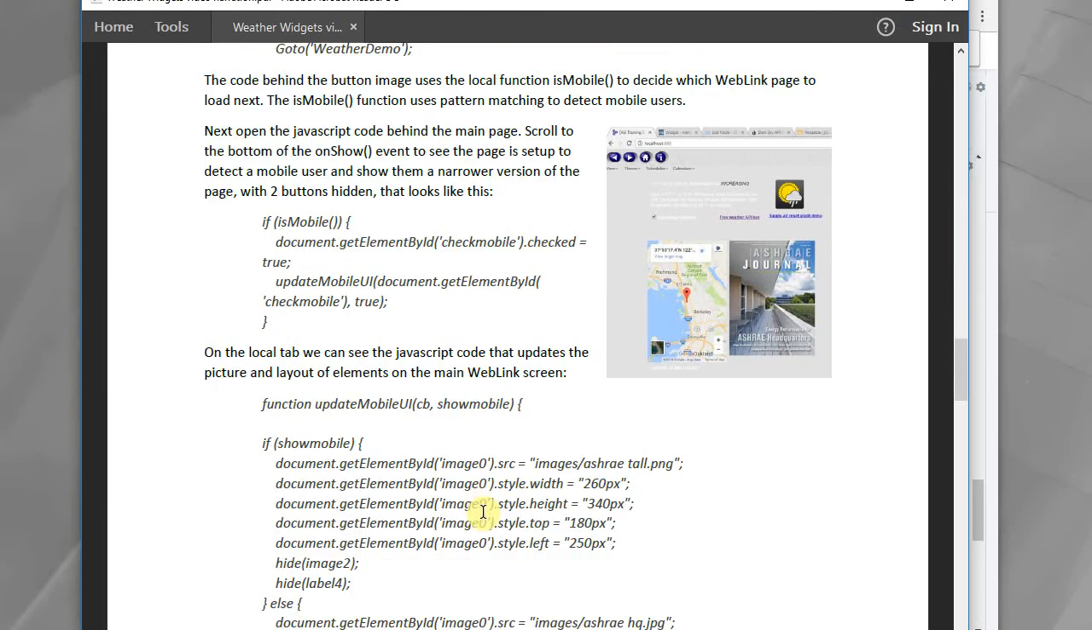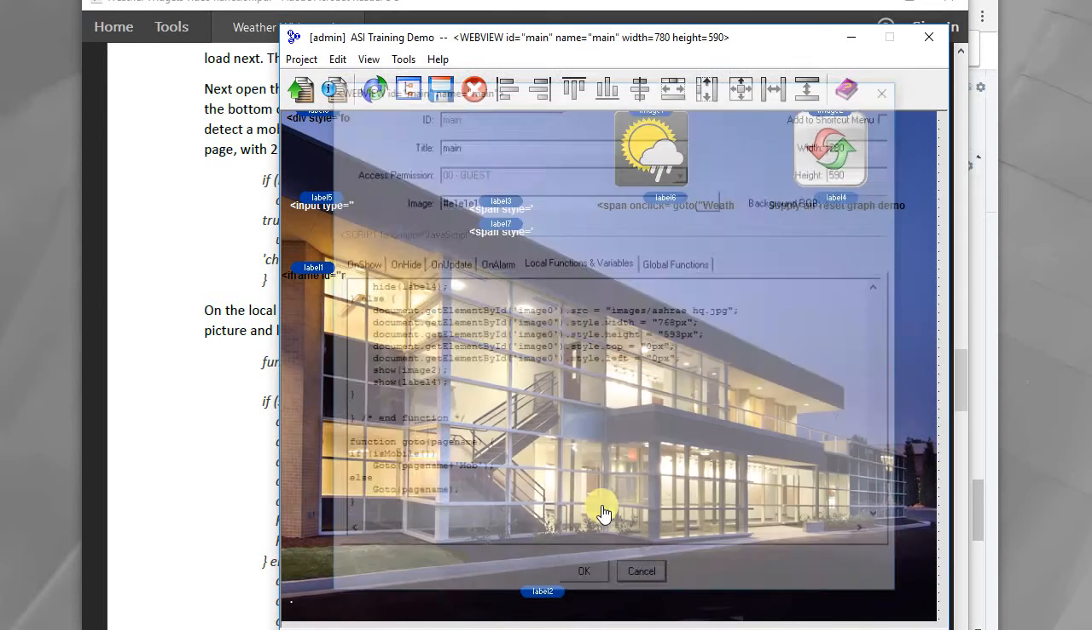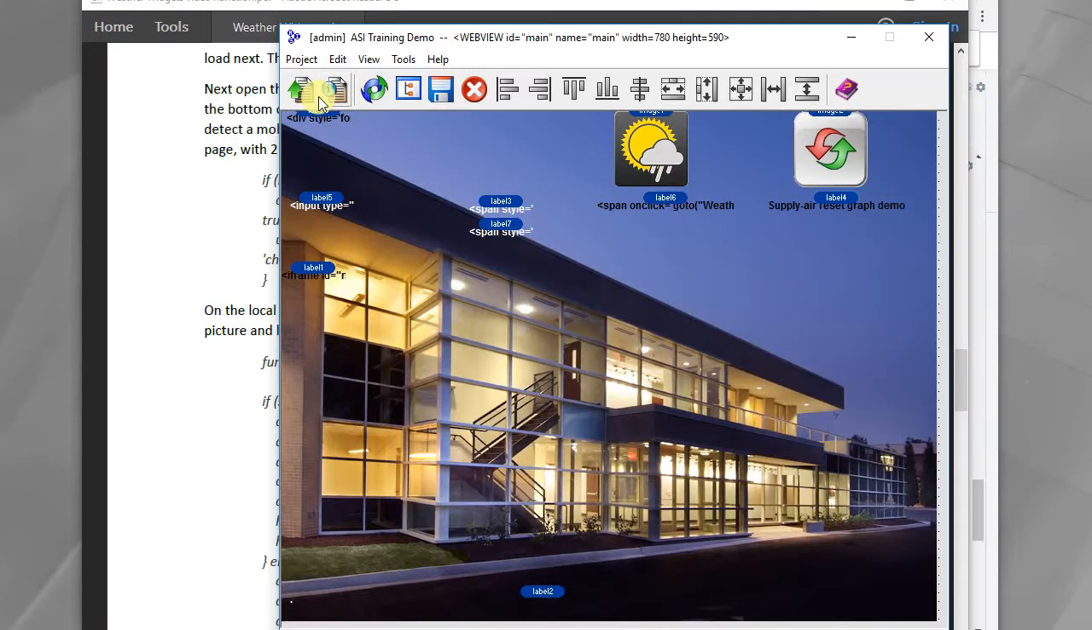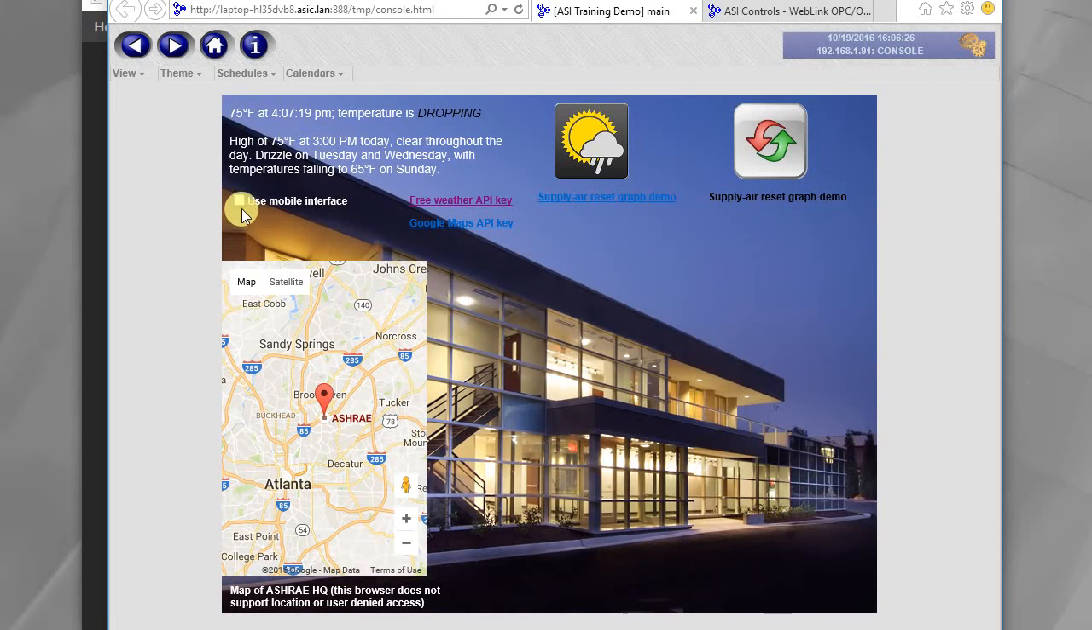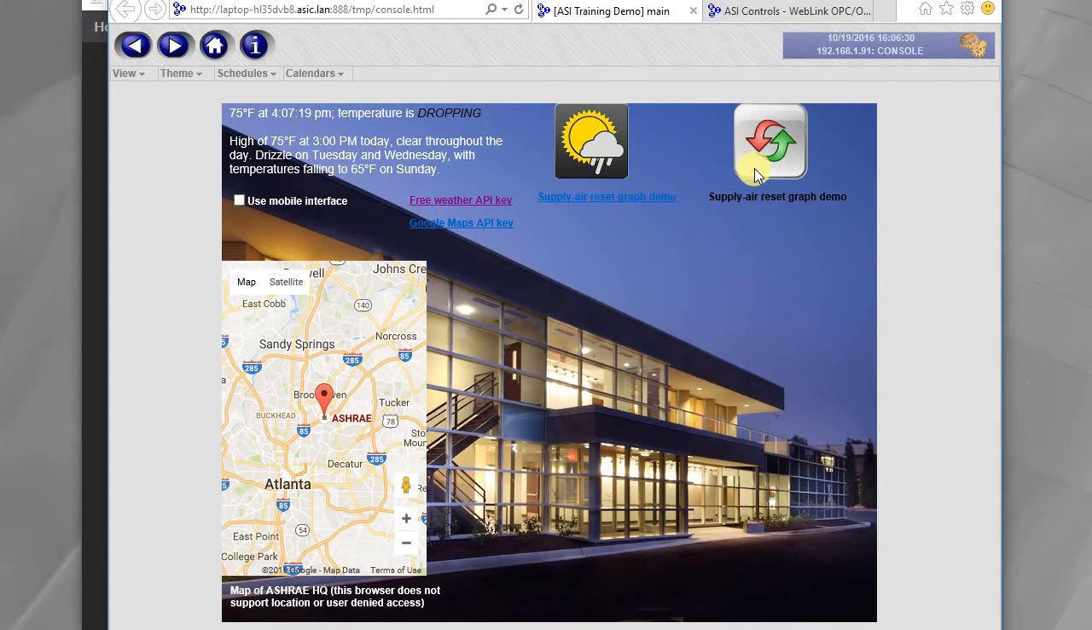We can also see some of the code that is supporting the resizing. Let's take a look at how that works. So if we spin up the page, let's pull up a new one. We'll be able to click the checkbox and see how the page reloads itself, hiding a couple of the buttons,